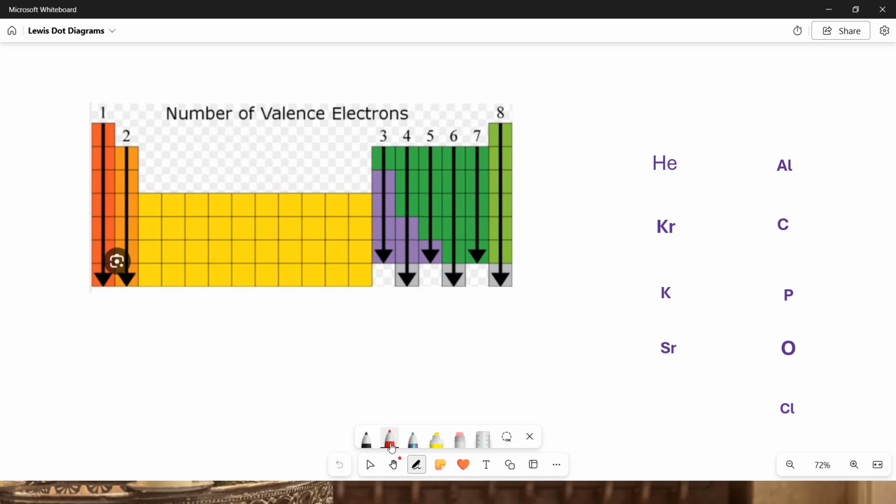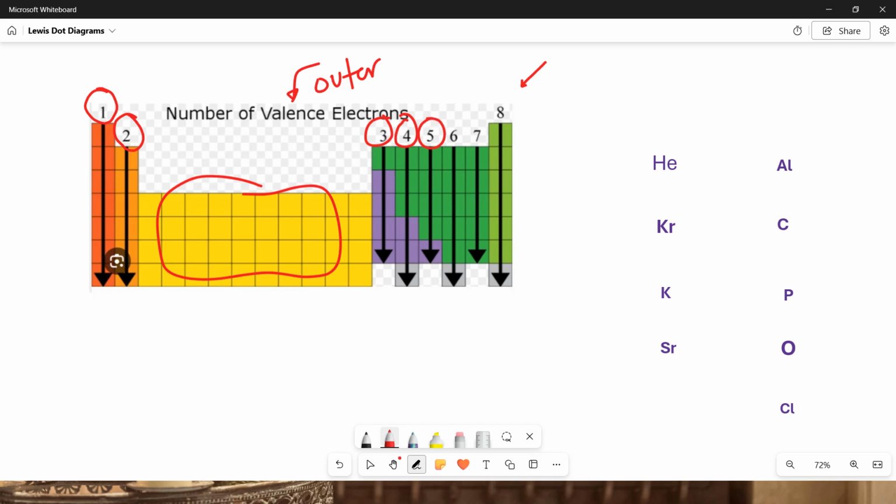And you may have learned in the chapter on periodic trends the number of valence electrons. Valence means outer energy level, and so those are the important electrons when it comes to bonding. It's based on family trends. All the elements found in family 1 will have 1 valence electron. All the elements in family 2 will have 2 valence electrons. The transition metals will vary, so we're not going to talk about those. Column 13 has 3, 14 has 4, 15 has 5, 16 has 6, 17 has 7, and 18 has 8